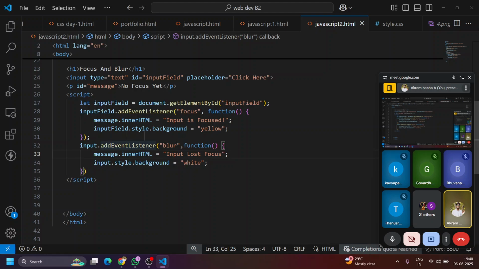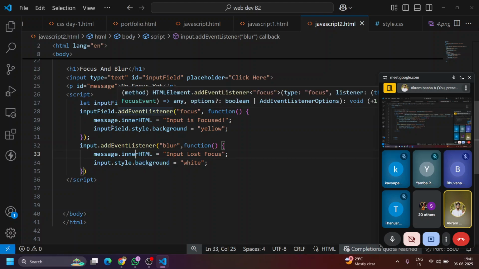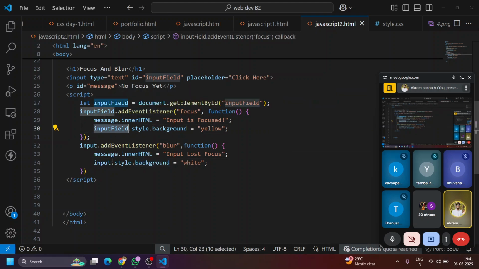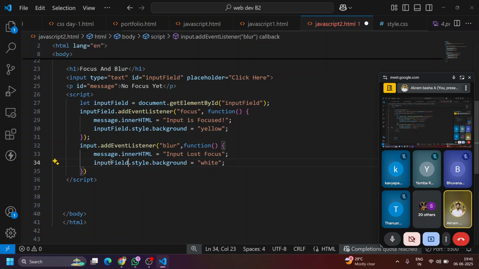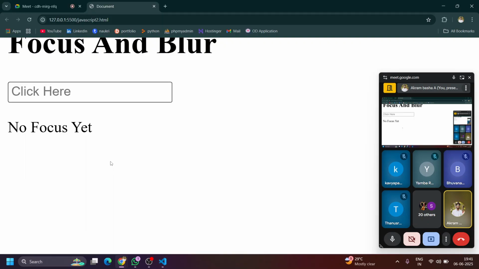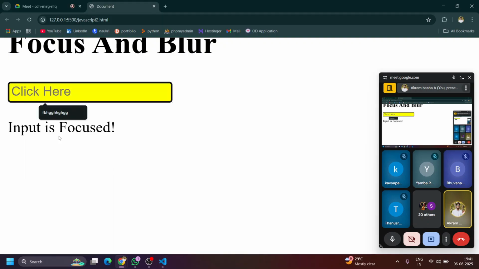On blur, add event listener, blur function, message.inner.html, input lost focus, and then input.style background to be white. Here input field is the ID name, not input, so it doesn't show me the output. You can see now when I focus, the input is focus. When I go back,